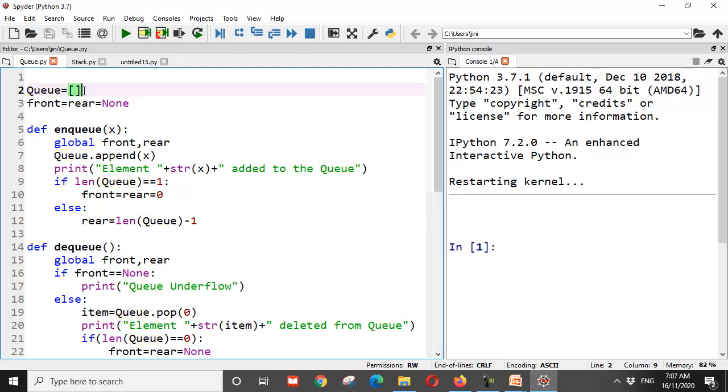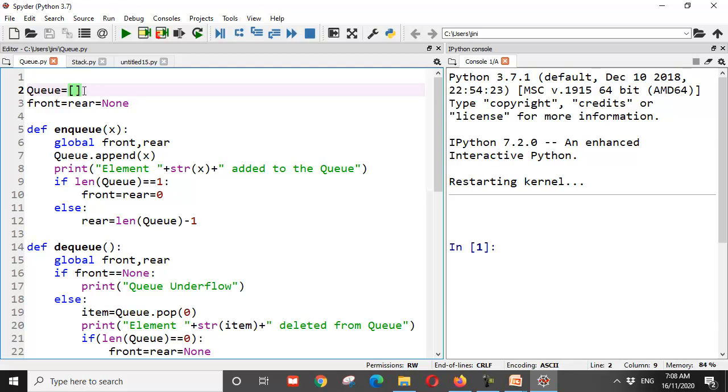No. Now, I'm using two variables, front and rear. What does front represent and what does rear represent? Front is always going to tell you where the first element is, and rear is always going to tell you where the last element is, currently, with respect to the current elements. If you keep deleting elements, obviously the front element will keep changing, but front will tell you what is currently going to be serviced first or taken into consideration first.